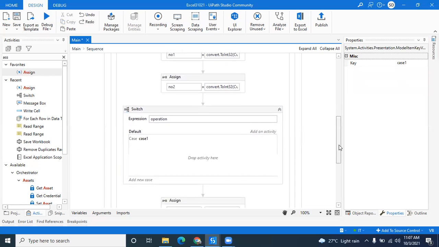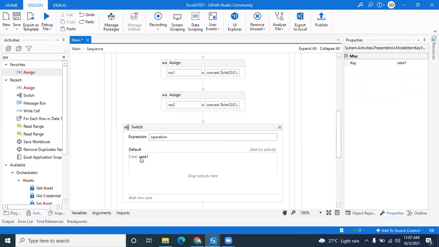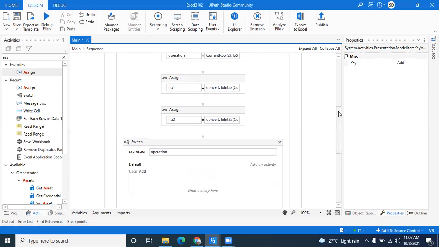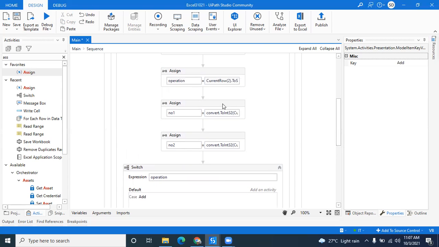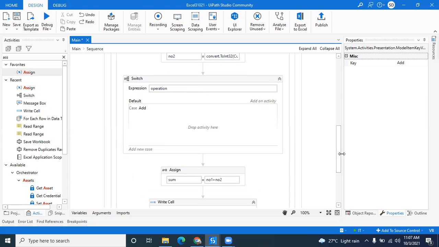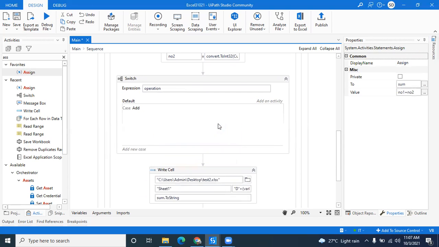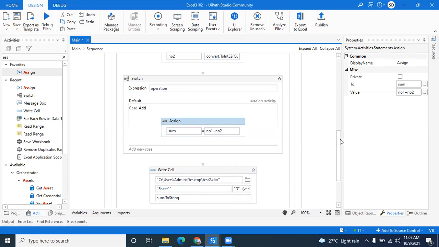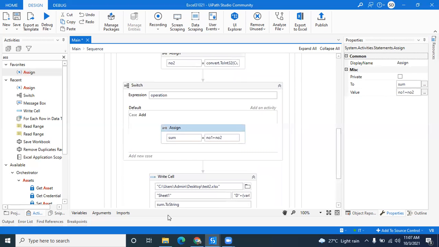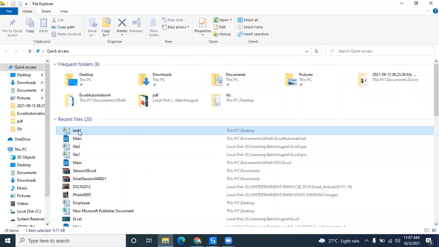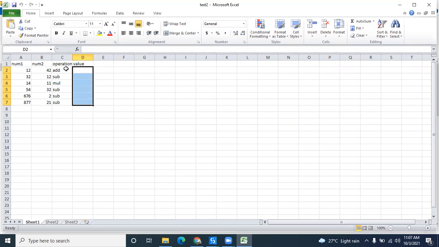In Case 1, what do I have to check? You can put the name as addition. If there is addition, we should pass the actual value, add.